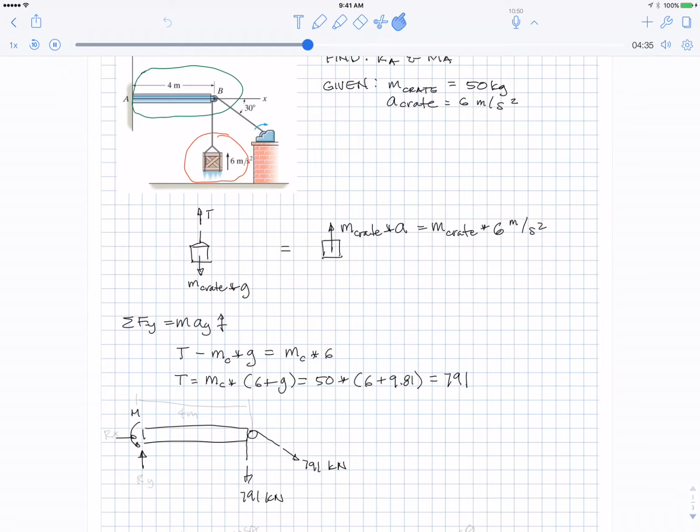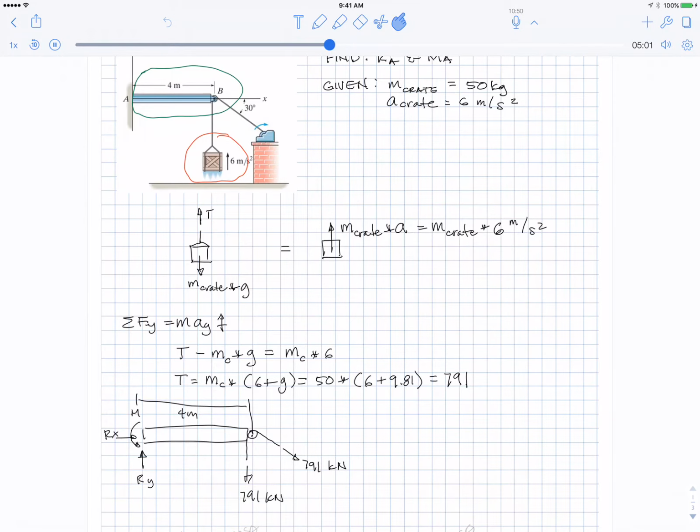So I'm going to say M, Ry, and Rx. And we're given that the dimension from the wall to the center of the pulley is 4 meters. We're not given the radius of the pulley, so we're not exactly sure where the ropes are hitting. However,